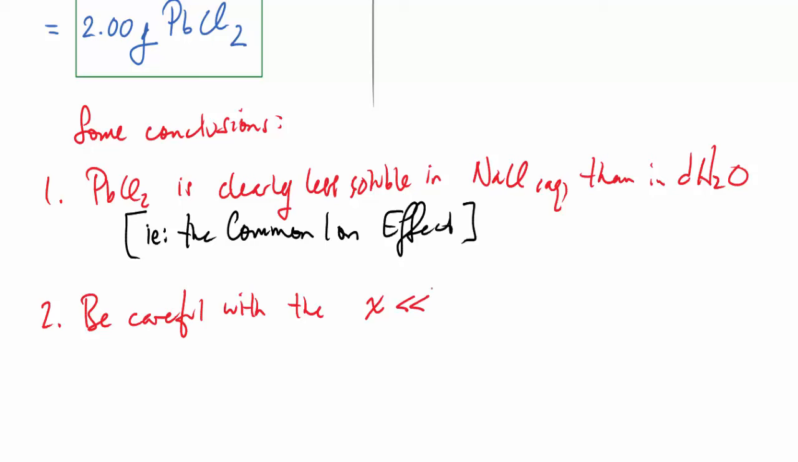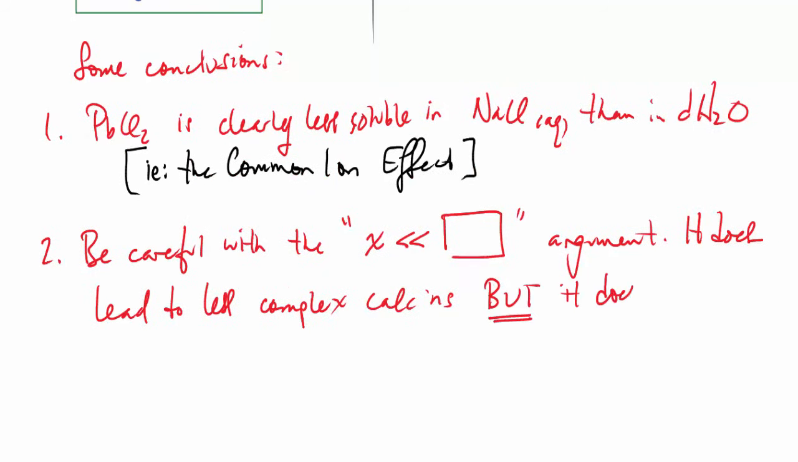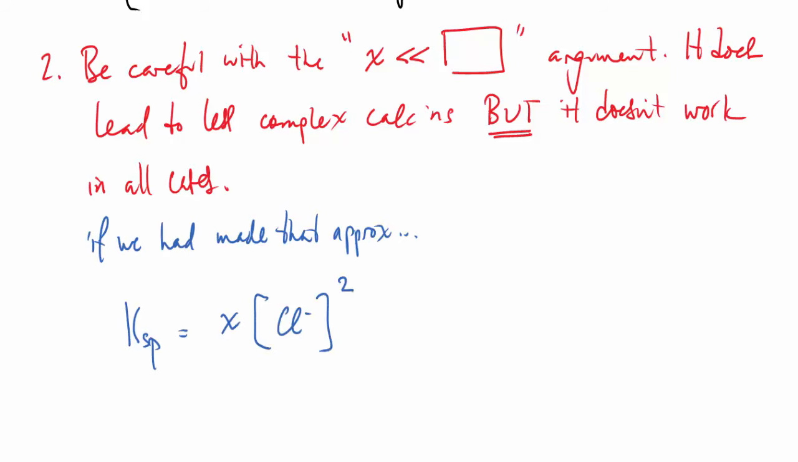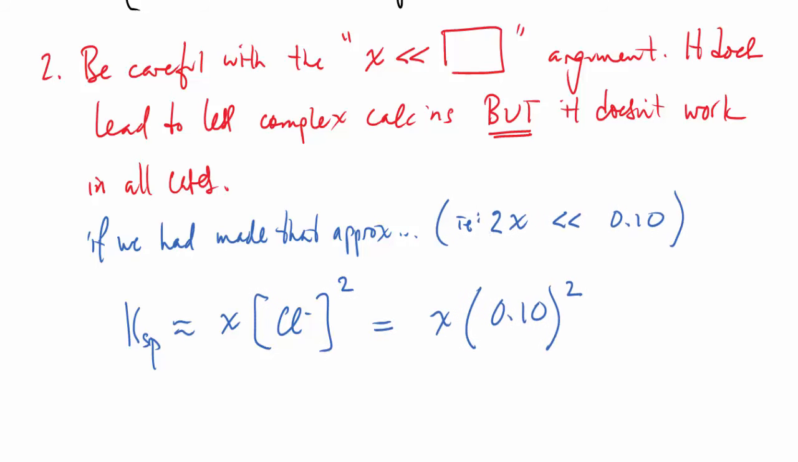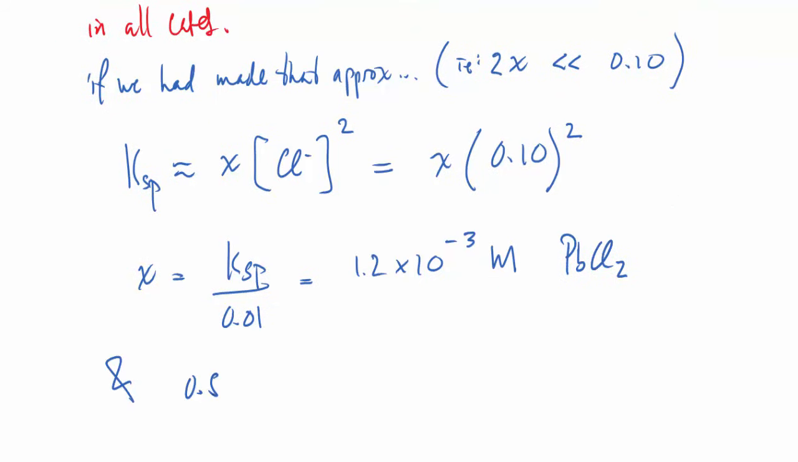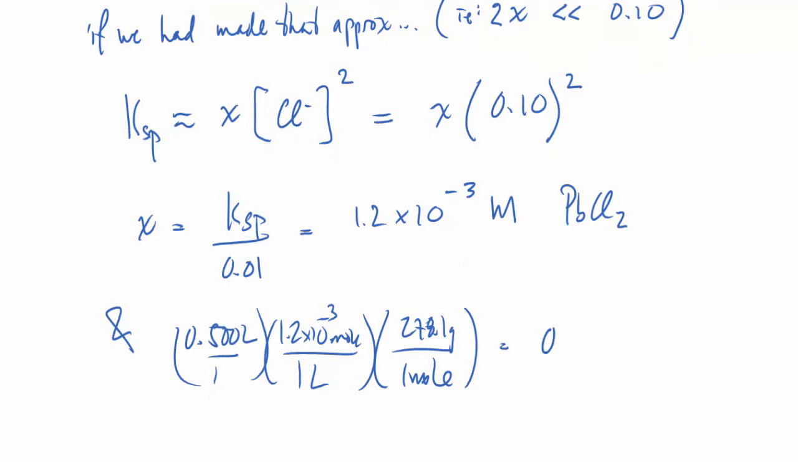The solubility should be reduced if there's an ion in common. Also, be careful with this x much less than argument. It does lead to less complex calculations, but it doesn't work all the time. So let me just suggest here, if we had made that approximation, we had the KSP is equal to x times the chloride ion concentration squared, or x times 0.1 squared, and solve this, we would wind up with, just doing all the calculations here,